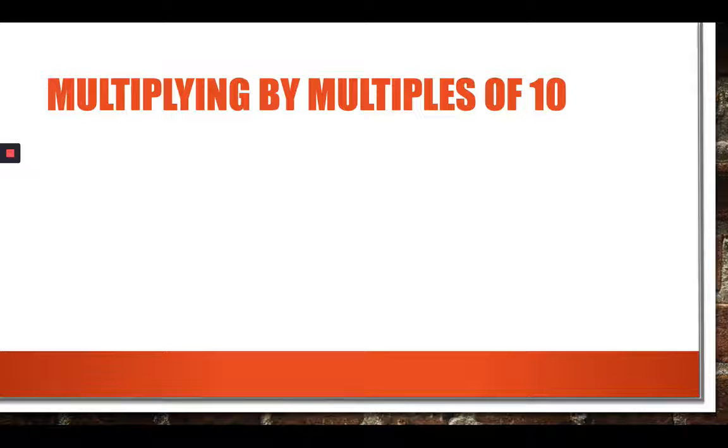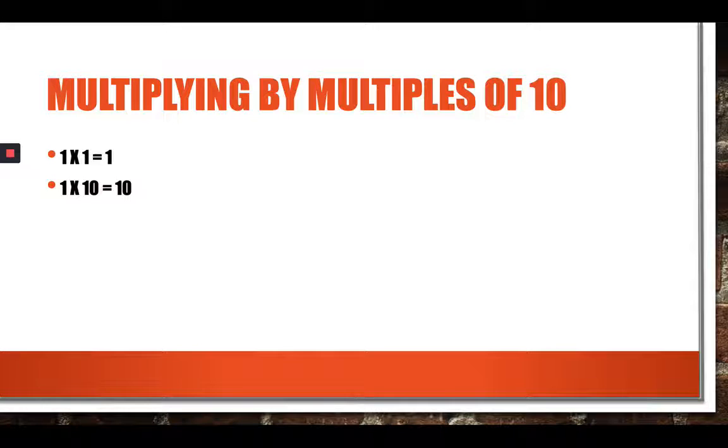Let's look at a few examples. Multiplying by multiples of 10. Let's start out with multiplying 1 times 1. We all know that that is 1. But if we took that 1 and multiplied it by 10, we get 10. Let's look at the value of the 1 in these two numbers. The value of the 1 in 10 is 1 ten. The value of the 1 is 1 in the ones place. So we could say that the value of the 1 in 10 is 10 times what it is in the